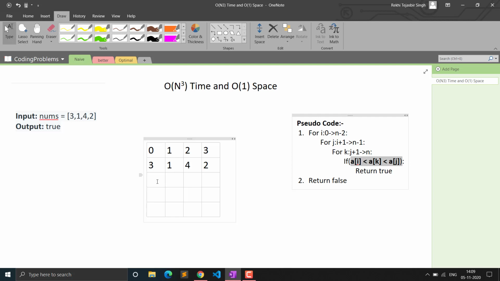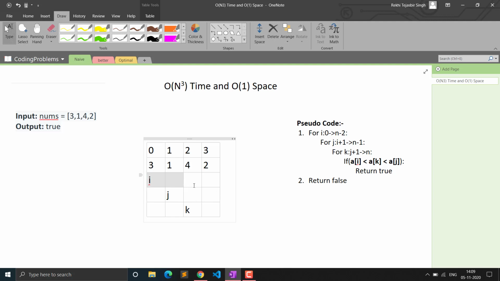That means we need three for loops. So we will simply use three nested for loops. i will run from the starting index, and j will run from i plus 1, because the elements should be unique. They should not be the same element. So i should be here and j should be at the next index of i, and k should be at the next index of j, if you see carefully. And i will run only till this point.